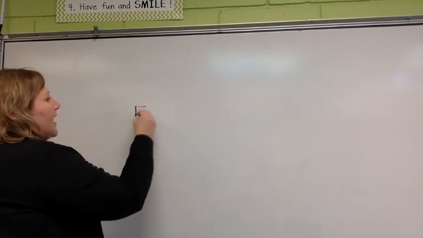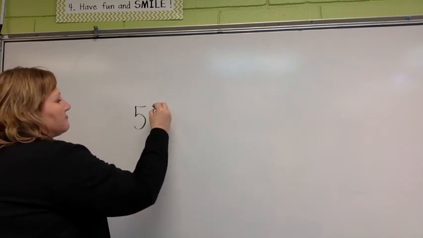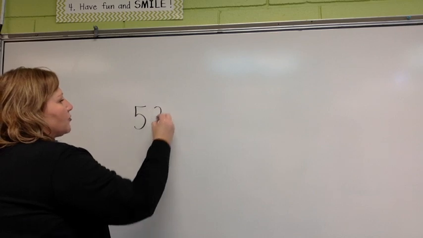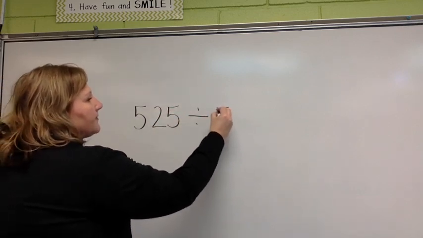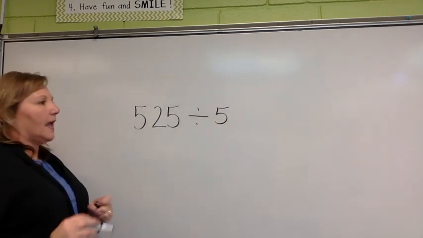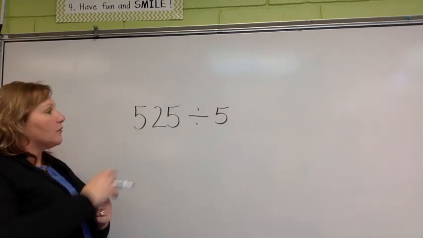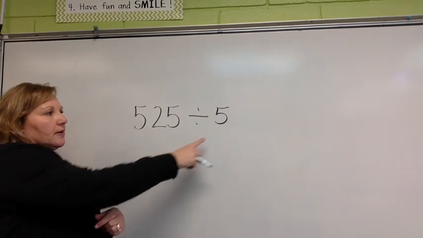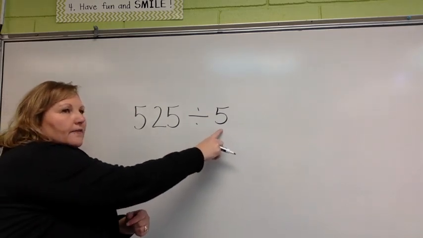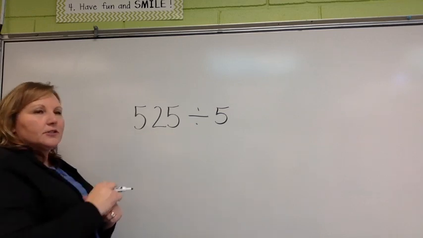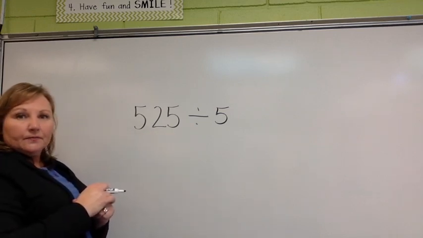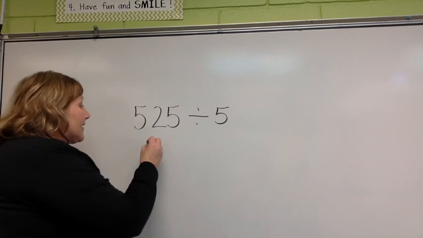Okay, let's do another one where we're going to estimate. Let's do 525. I'm going to write it this way this time. Divided by 5. Okay, well, you should be asking yourself, what should I round this number to? Take a peek at this number, look at our divisor, what we're going to divide it by. Is there a number right here that we could round this to make it super easy? Yes, I would say 500